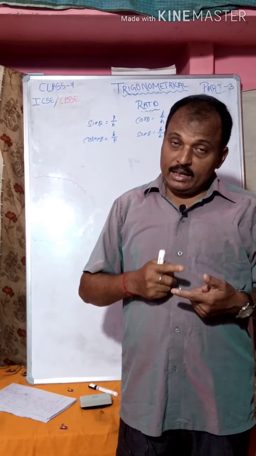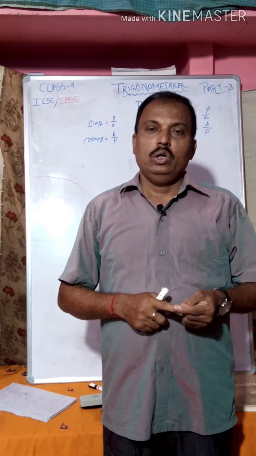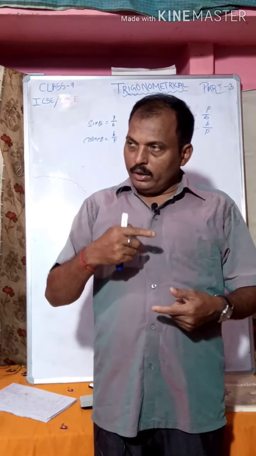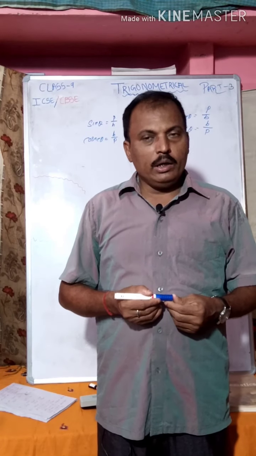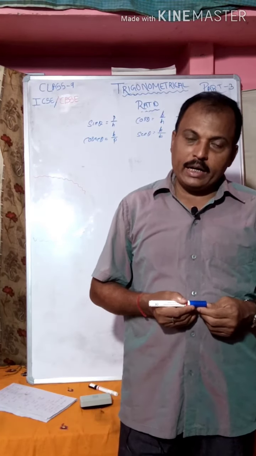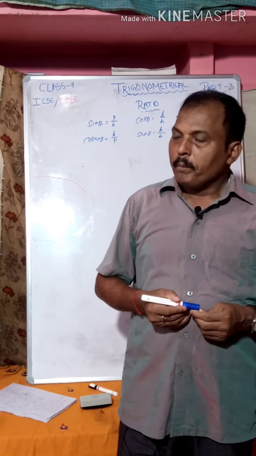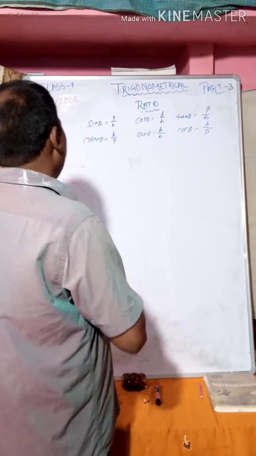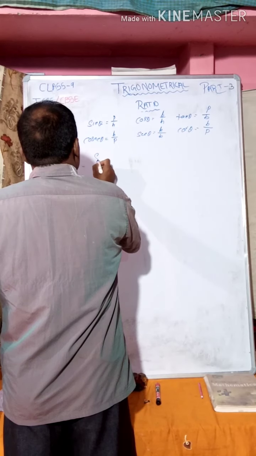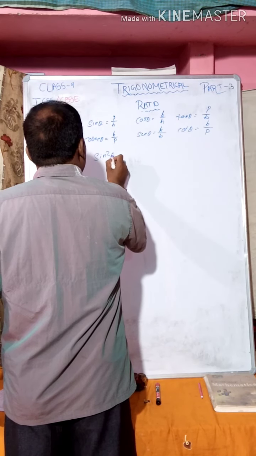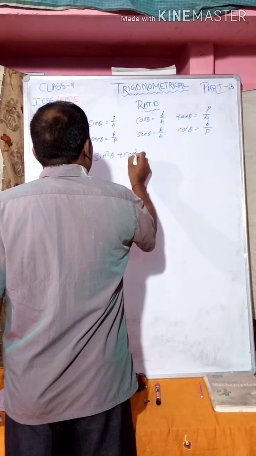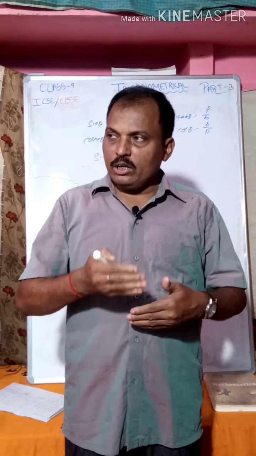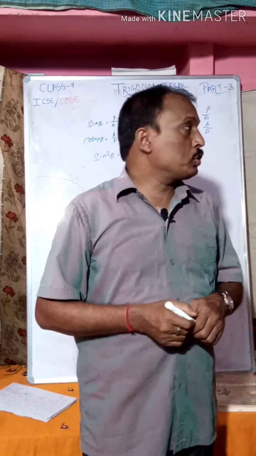By taking these 6 trigonometrical ratios, the trigonometric topic is over, and in the next topic we will discuss complementary angle and supplementary angle. You know the complementary angle and supplementary angle, but for a while we will discuss a little bit more about formulas. What will be sin square theta plus cos square theta? What is the result of sin square theta plus cos square theta?